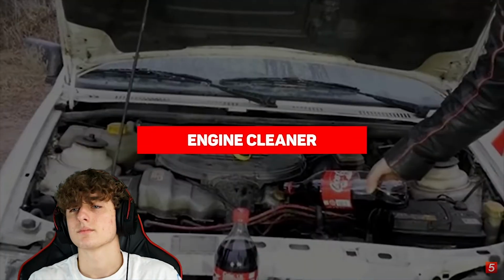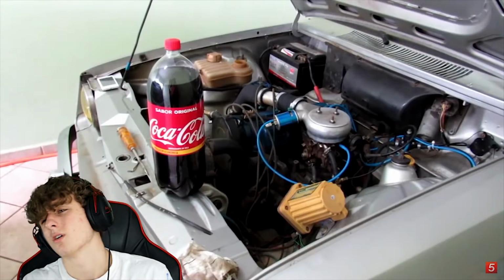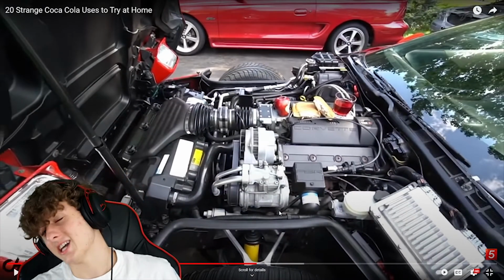Our next entry is engine cleaner. Now that we've established that Coke can pretty much eat away at rust and is an awesome cleaner to use,